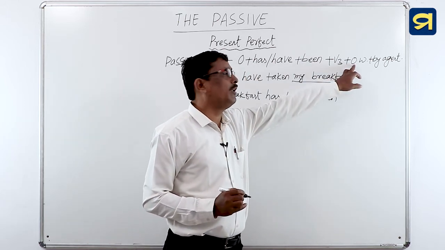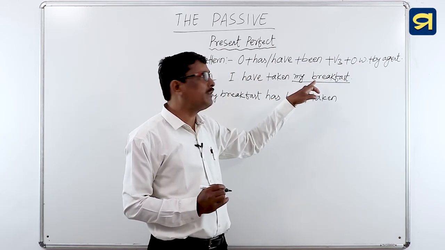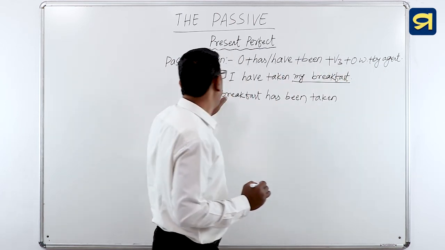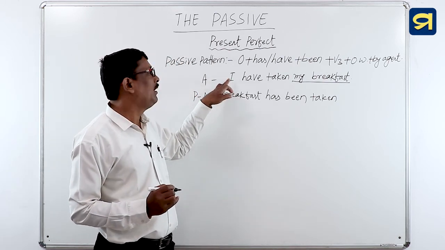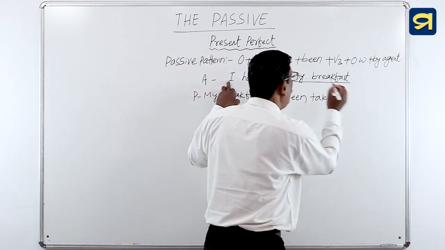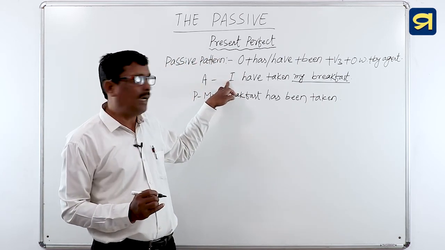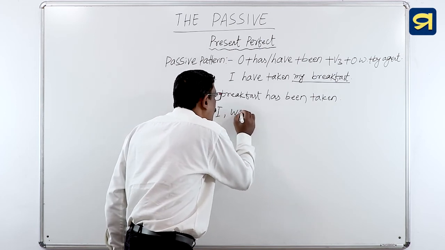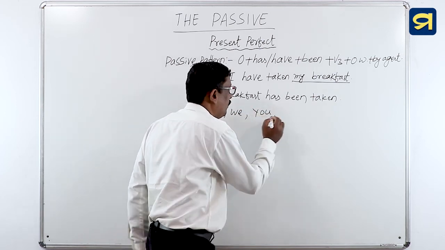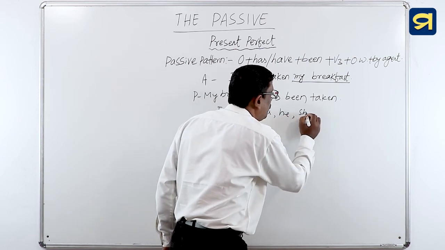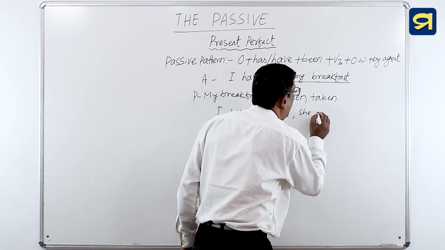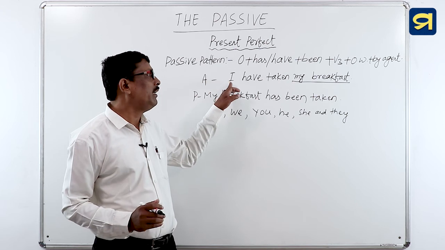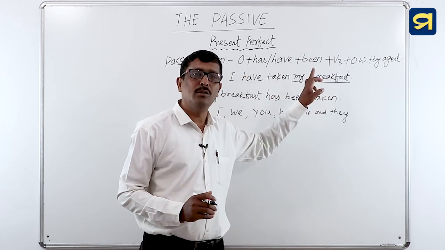Then what you will use? Other words. In the sentence there is no other words, so no more required. Then what you will use? By agent. Very good. So you see, here I is the subject. As I is the subject, there is no more required to use by agent, because I is the personal pronoun, where I, we, you, he, she and they, these personal pronouns are used as a subject in the sentence. By agent is no more required.